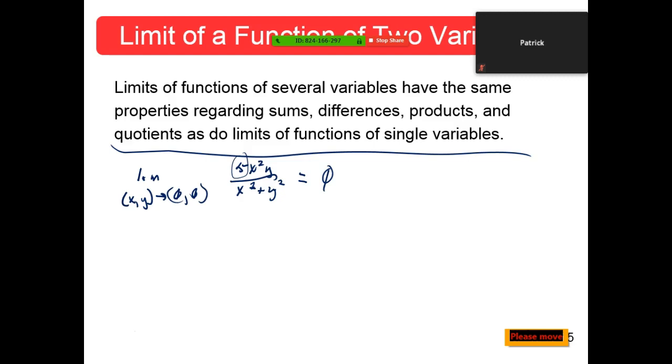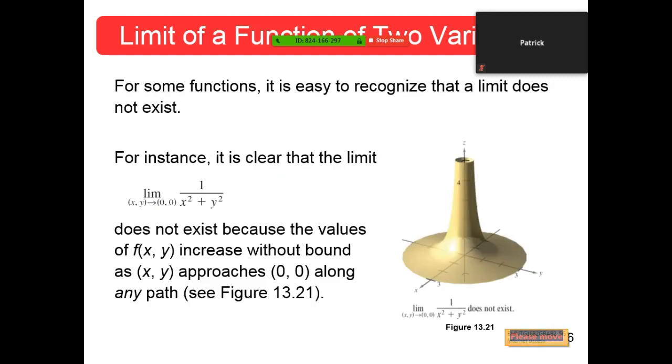Now, they then suggest to you, and I think they give the picture, and so let's go on to that picture. For some functions, it's easy to recognize that a limit doesn't exist, like this one. And this should ring bells for what you did back in Cal 1. The limit as xy approaches 0, 0 of 1 over x squared plus y squared,